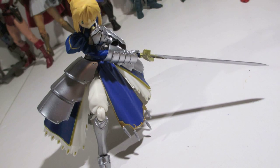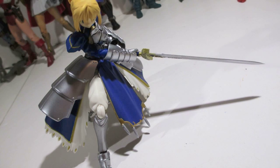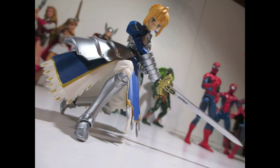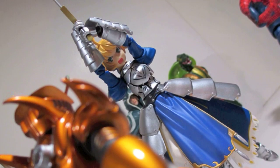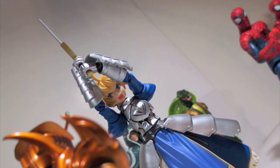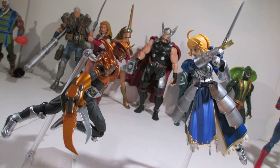It's one of those things where you're seeing engineering at its finest mixed with a sculpt that works well, and then with materials that actually allow you to pull off the poses without a fear of breaking the figure. The only other company that goes this far is SH Figuarts. And I've already told you, Bandai makes the best stuff, but like I told you, my Fate collection is close to perfect because I have every version and everything in between of what I want in a perfect figure. Well, this here is another perfect figure. There's not much more to ask. I am going to go back and get more of the existing Saber figures,